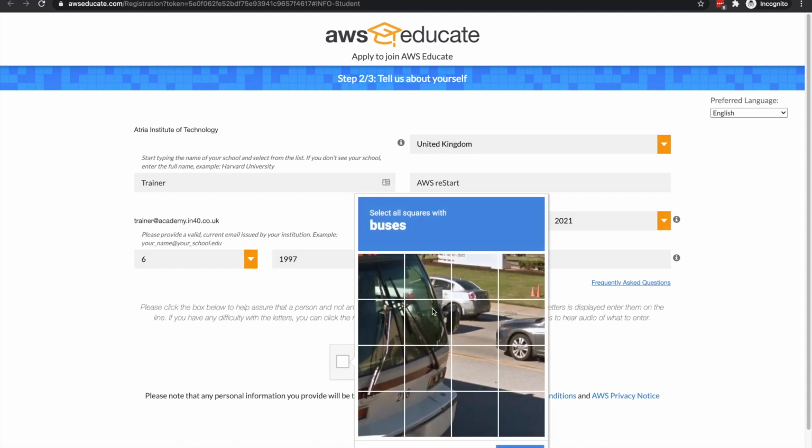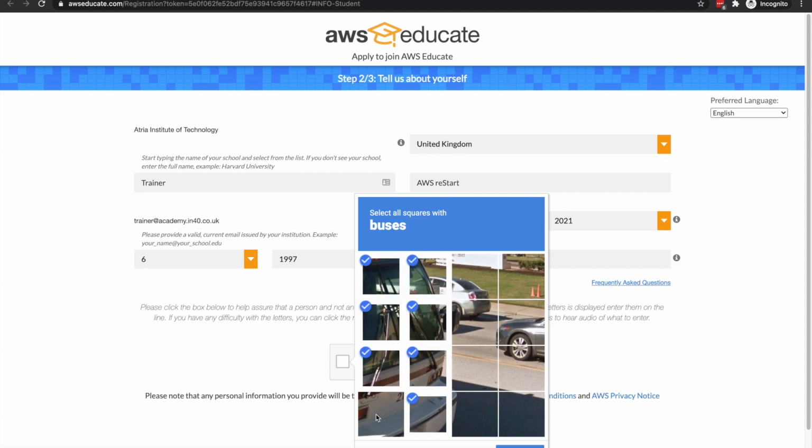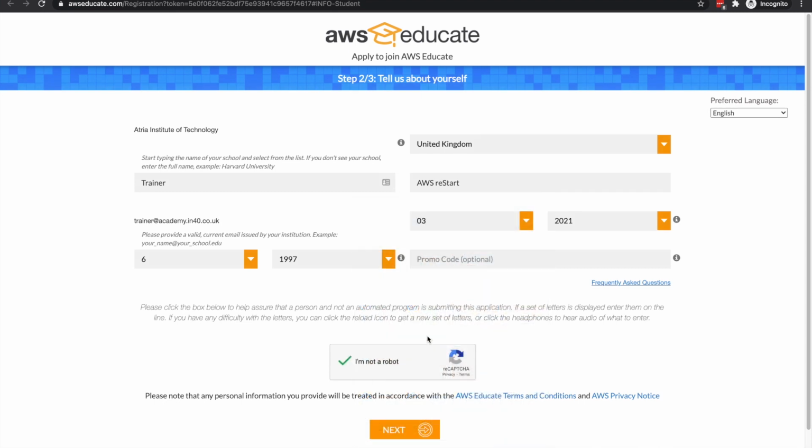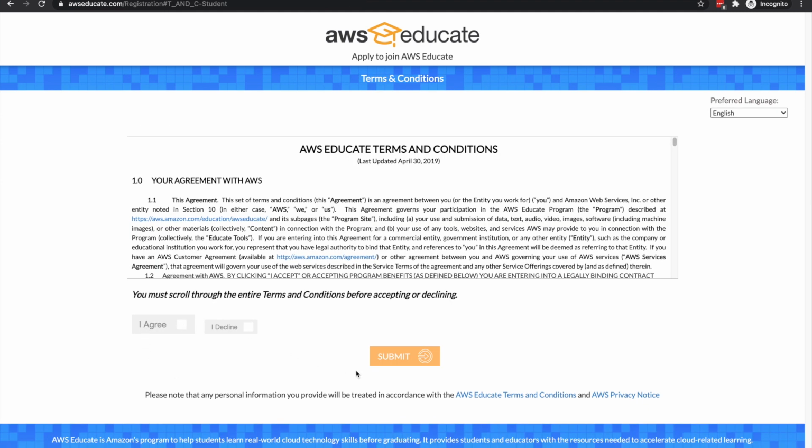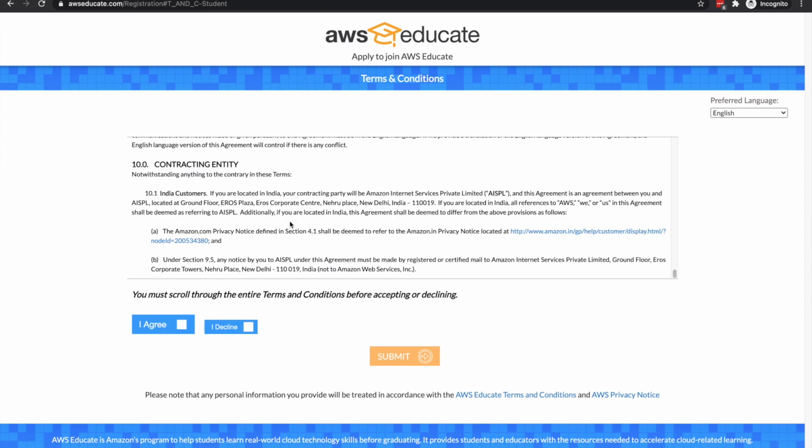Once you do this, make sure you scroll all the way down through the terms and conditions, so the "I agree" option becomes enabled. Then click on that and click submit.